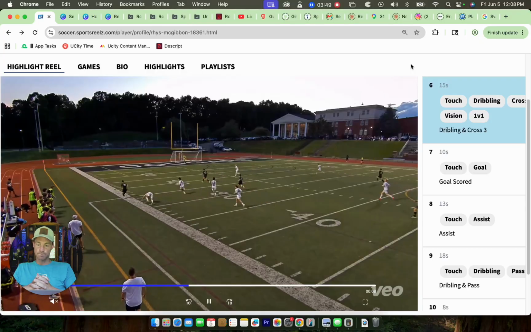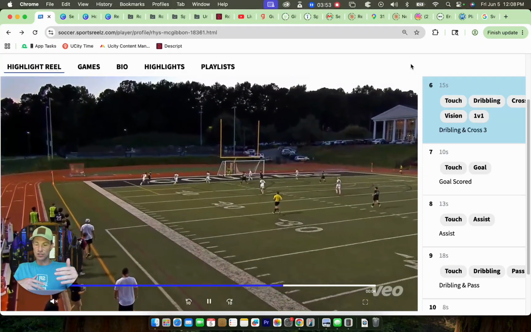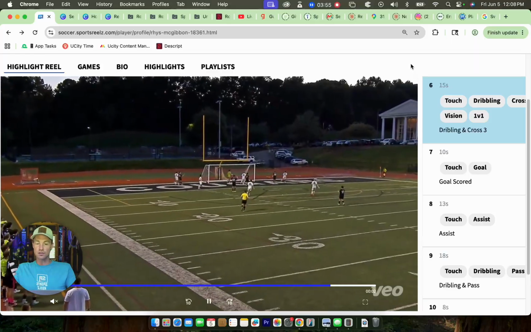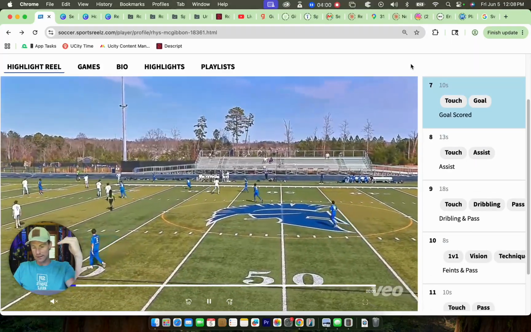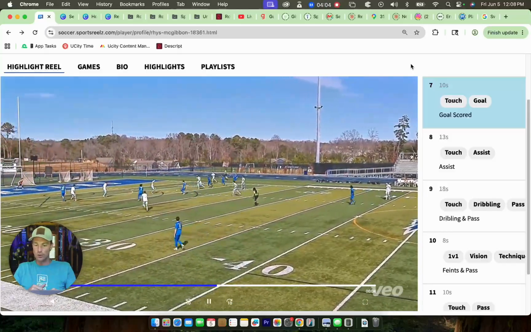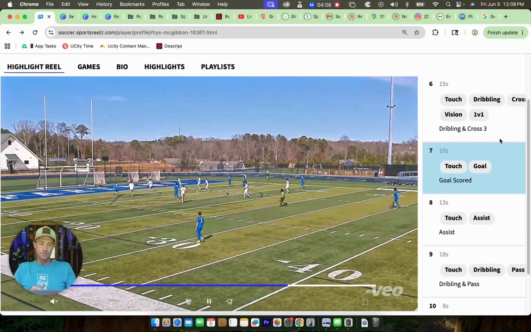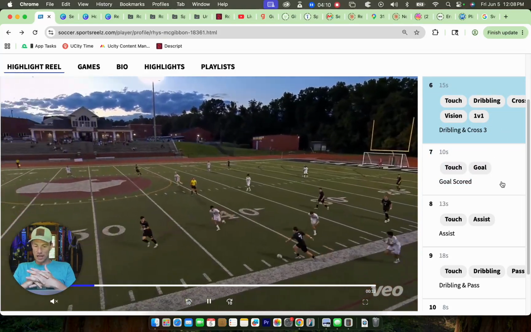Okay, this one. So this play, he just kind of gets it on the wing, takes some speed, some big touches, gets around the outside, makes a good cross across. That's a good play. I don't think it shows enough to be this high in the reel. I think it should be further down because it's a straight dribble down, right? If we watch it again, it's just a straight dribble down the line,